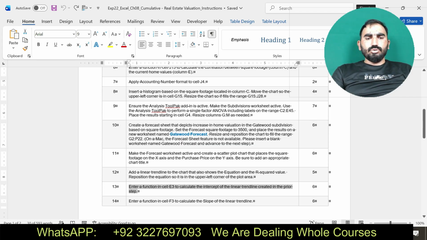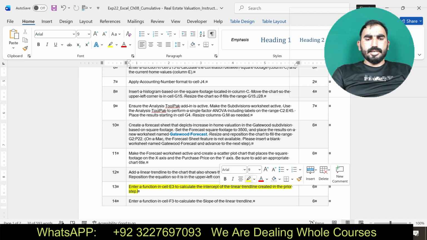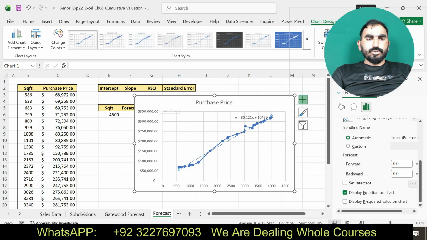Enter a function in cell E3 to calculate the intercept of the linear trend line created in the prior step. Okay, I am going to do this one.